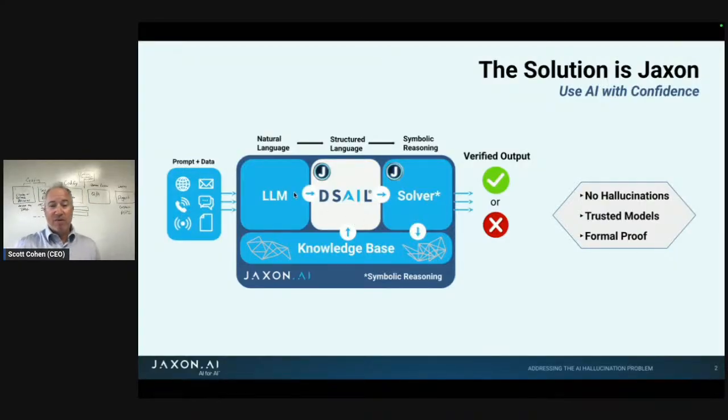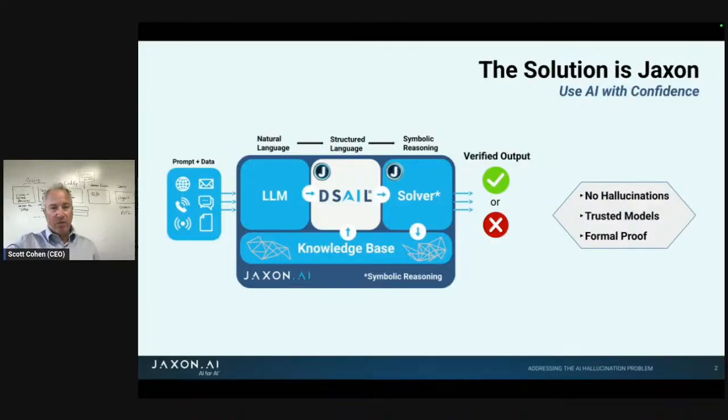So DSAIL is our proprietary technology, our secret sauce. It stands for domain-specific AI language. And it's code. It's a way of taking the unstructured text and turning it into code so that we can create a program that ultimately gets solved. Solving is a bunch of math, but on the other side it says, yay, the rule that we enforced was satisfied, or nay, it wasn't, or actually importantly, there was not enough information to determine whether or not that rule was or wasn't satisfied. And then the agents on the other side of this process can consume that,